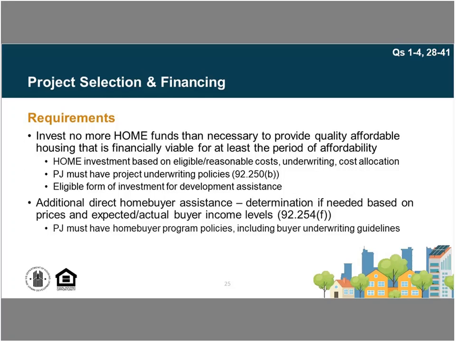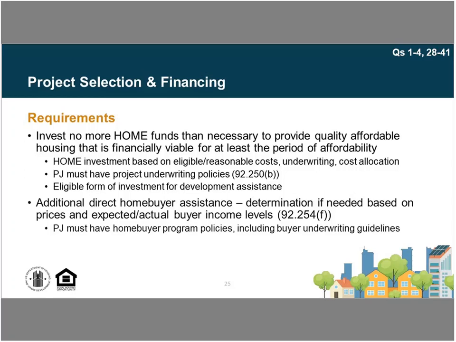For project financing purposes, you are usually projecting an expected buyer income level and an expected need for assistance, but that can vary based on the actual income of the buyers when they are selected at the end of the process. For this reason, HUD has the requirement in 92.254(f) for homebuyer program policies,